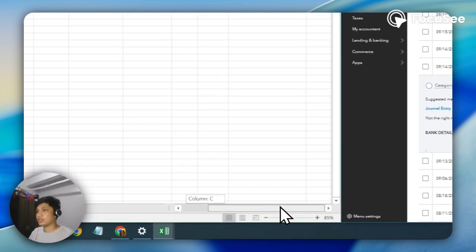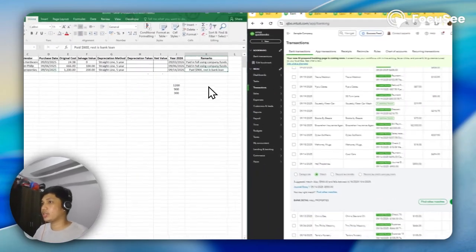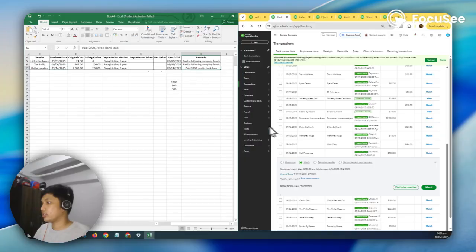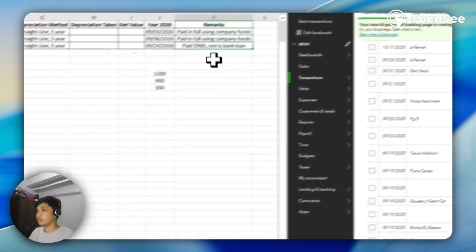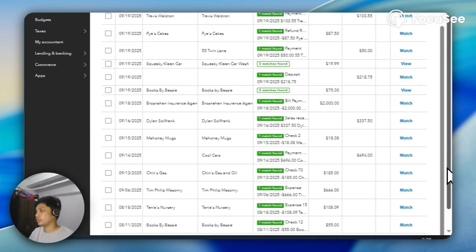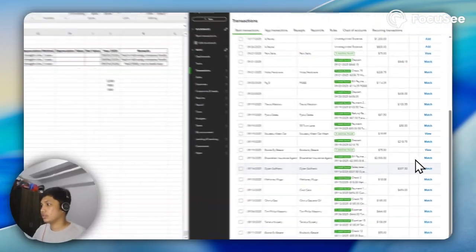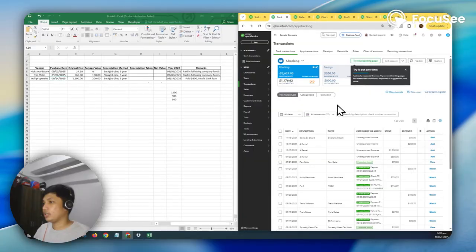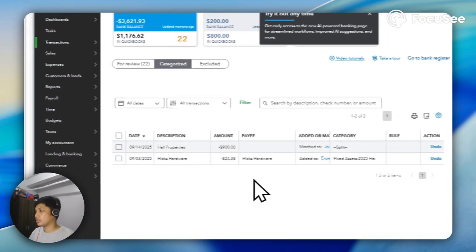So we have 900 USD here. I'm going to match this.